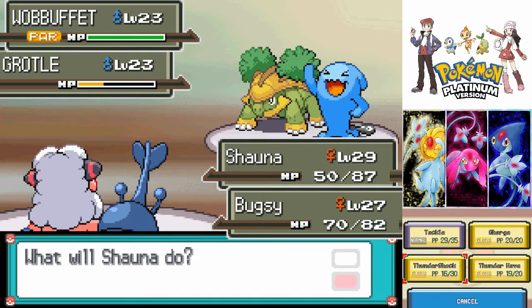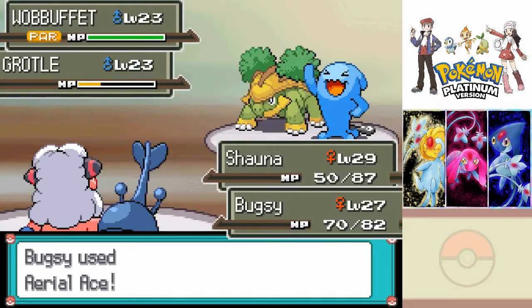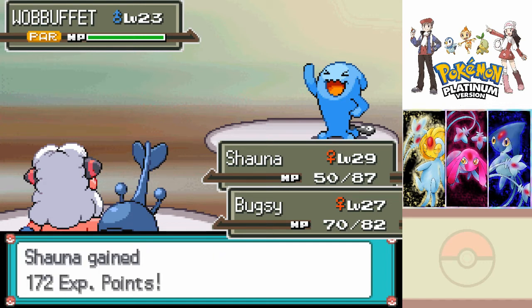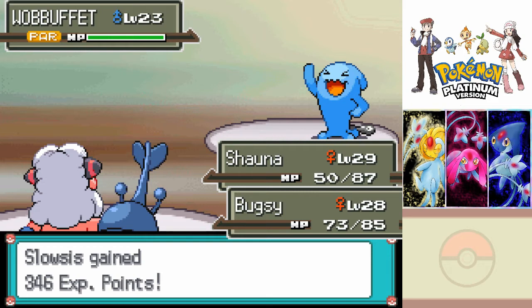Oh jeez. Okay, let's just tackle Wobbuffet first, I guess. We'll get a weak hit off against it, and then we'll just have to try and focus it. I think Return is going to be a high enough base power where it'll be okay. And if I use Tackle with Fluffy, actually, I might be able to get away with stuff. Going second, I'd be able to negate the physical damage or the physical targeting that Wobbuffet would do against Bugsy,